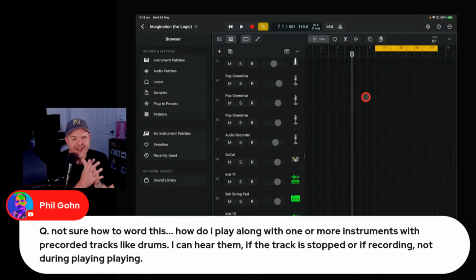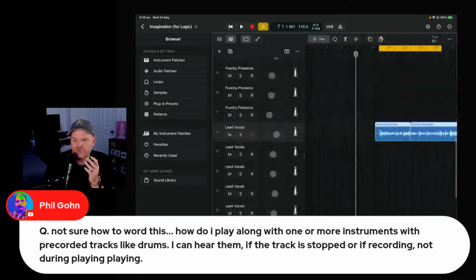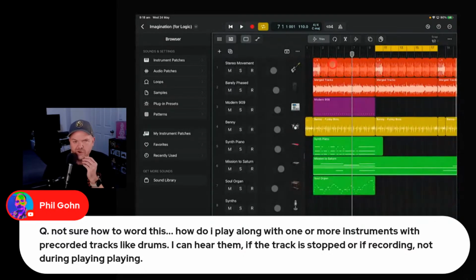Someone will let you know. But yes, I've done it before, unless I've hallucinated, which is highly likely because I've been spending a lot of time with this lately. Phil Goes says, not sure how to word this. How do I play along with one or more instruments with pre-recorded tracks like drums? I can hear them if the track is stopped or recording, not during playing. I'm not sure what the question is there. Short version is you have tracks that are playing back, and when you set a track to record on, you're going to play back the other tracks and only record on another track.